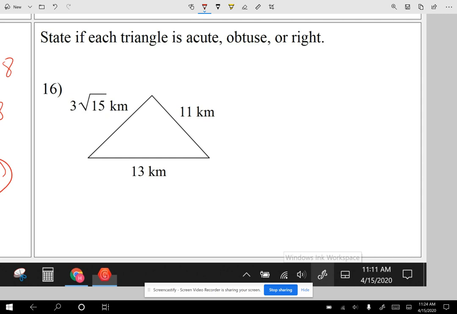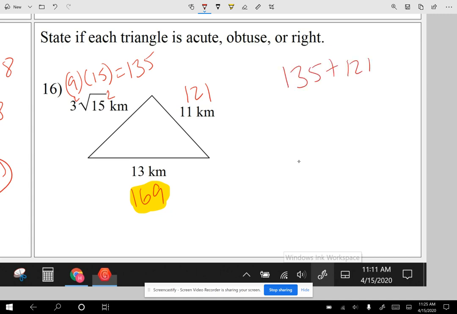Let's take a look at number 16. I'm going to start squaring the numbers that are easy to square. 11 squared is 121. 13 squared is 169, 13 times 13. Now, 3 radical 15. If I square the 3, that gives me 9. If I square the radical, that gives me 15. Now, 9 times 15, it's 135. From the three, the one that is biggest is 169, so that's my c squared. I add the two smaller numbers,